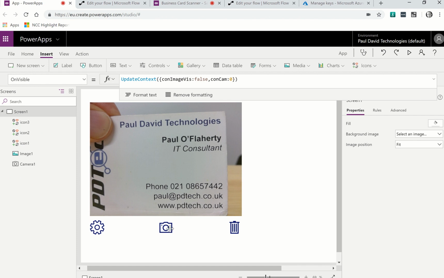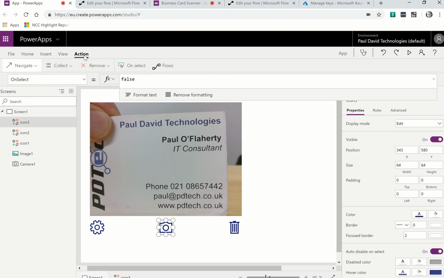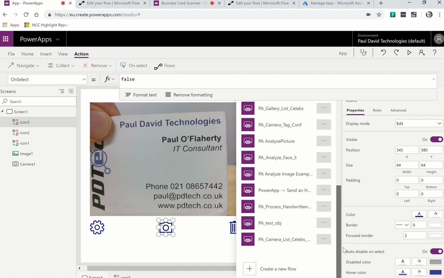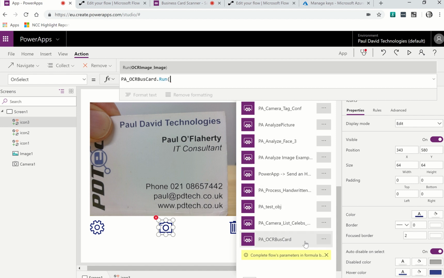And on my camera, I'm going to say I want to do a flow action. And I think they usually come down at the bottom. There it is, yeah, PA OCR bus card. So I'm going to just hit the button there, this is going to add this as a data source, so it's going to make it so that I can call it. You've got to add them before you can call them, but now that it's added, I can call that by